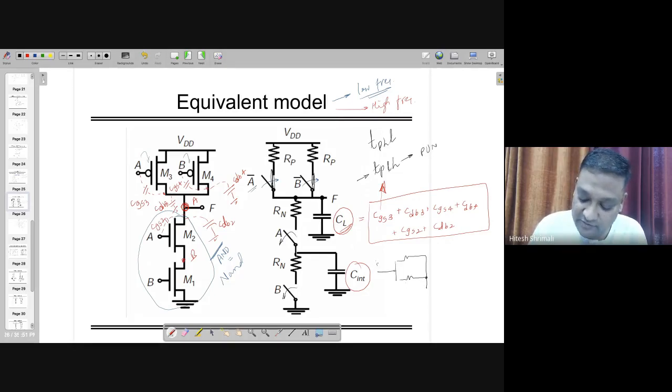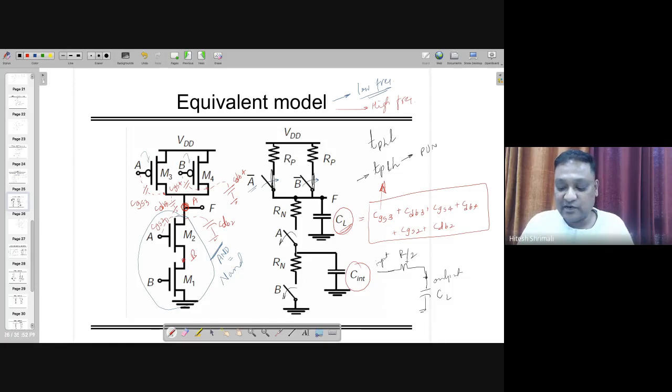So this is your input now, and this is the output, and you can find out the capacitance. When you are finding out the capacitance, if both the resistances are equal, then equivalently you are going to have R/2, because both the resistances are in parallel. So this becomes R/2 times CL, and you are interested in finding its 50%. So this becomes 0.69 times R/2 times CL, where CL is nothing but the whole expression.